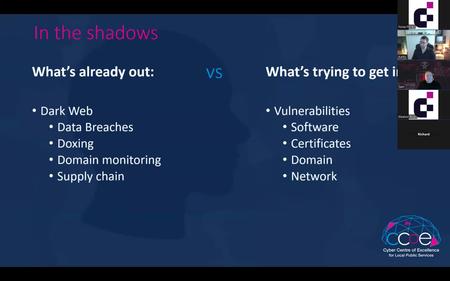So in the shadows, what's already out is the kind of information that's on the dark web and is being used against us. So that's data breaches, the kind of thing that you see happening fairly frequently, including the big attack against the supermarkets like Marks & Spencer's and the Co-op. The Co-op in particular, everybody that was signed up to their Co-op membership, their data was breached and is now available on the dark web. Doxing, which I'll come back to later, is related to personal data. Domain monitoring, so looking at your domains for your companies and checking whether there are any vulnerabilities and weaknesses in them. And supply chain, so that's looking at suppliers, particularly big suppliers, so think like the big Capita breach for public sector for councils.